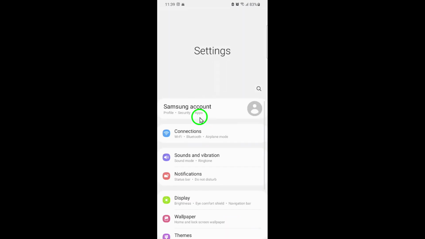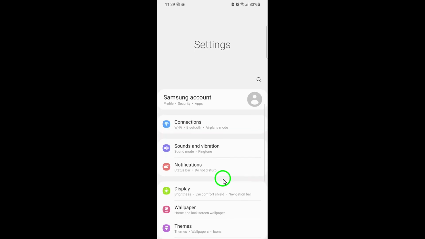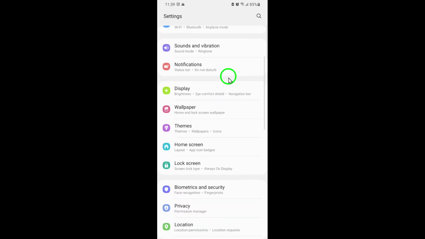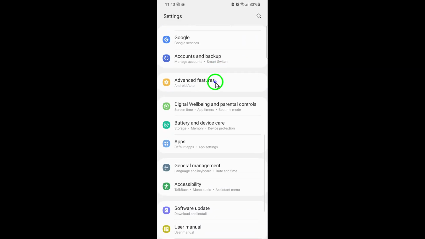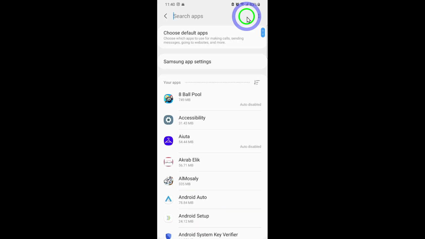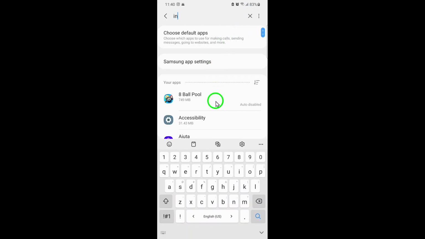This is where you control all the apps and notifications on your phone, so it's the first stop on our journey. Next, scroll down and tap on the option labeled Apps. Here, you'll see a list of all the applications installed on your device. Look for Instagram in this list. It might take a moment if you have a lot of apps, but once you find it, tap on Instagram